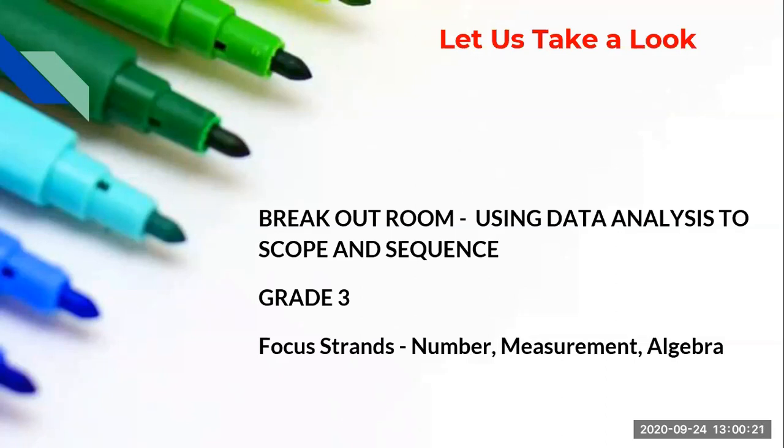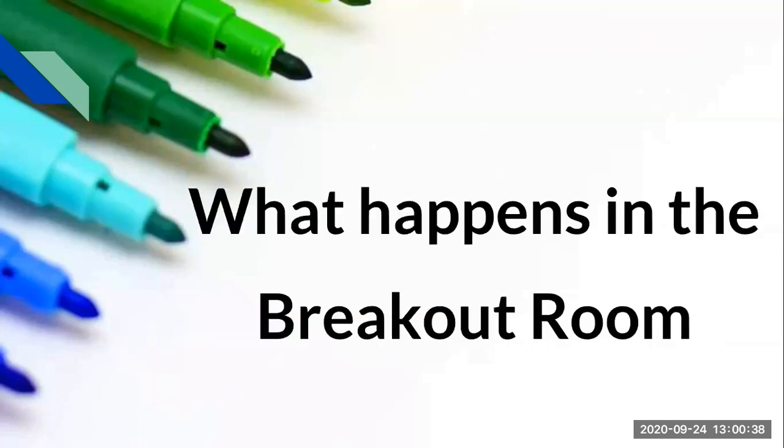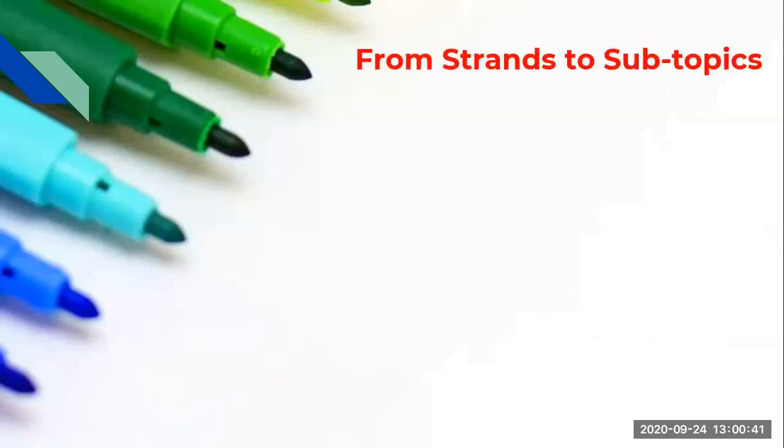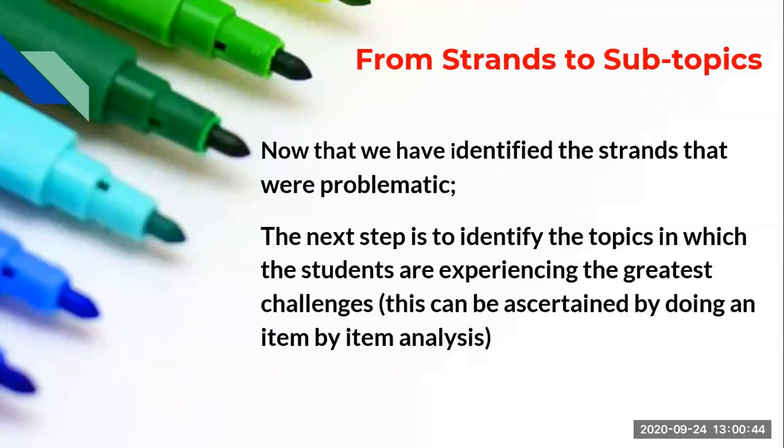We are going to be going into the breakout room, and we are going to be looking at grade 3 and the focus strands, the strands that we found to be most problematic: number, measurement, algebra. I just want to give you a little rundown before we go into the breakout of what is going to be happening in the breakout room. So what would have happened now is that we would have spotted the strands, and we are moving from the strands to the topic. So we have identified those strands that are most problematic, and now we are going to try to identify the topics in which the students are experiencing the greatest